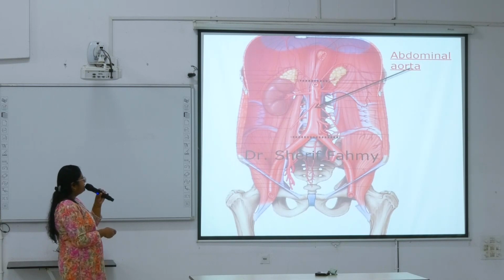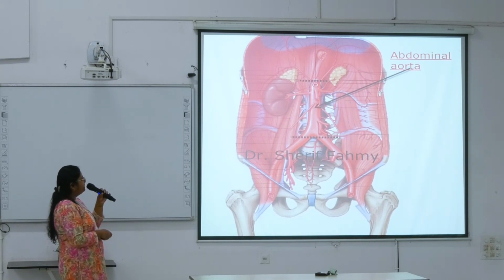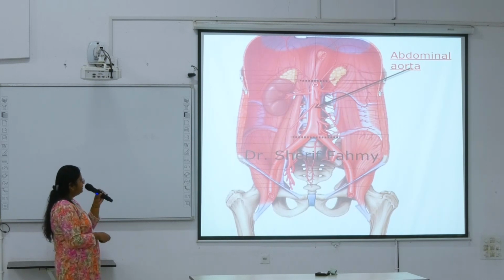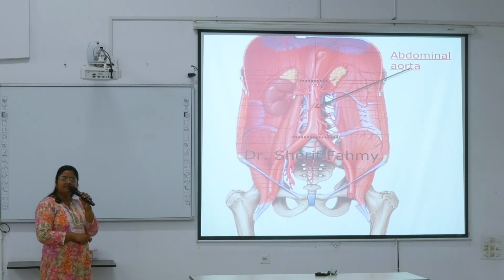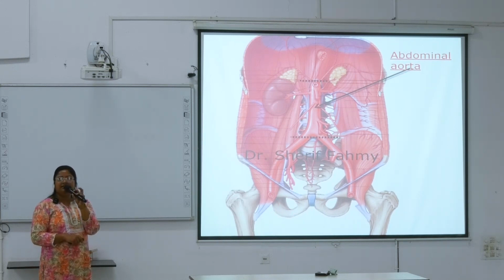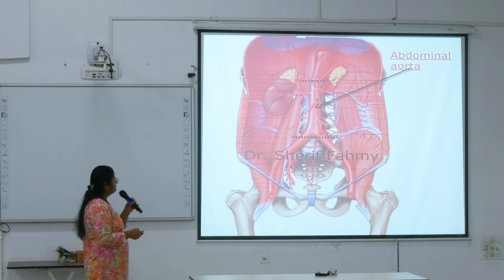These two common iliacs divide into external iliac and internal iliac. External iliac gives deep external pudendal and inferior epigastric, and this is the inguinal ligament. Below the inguinal ligament, from the mid inguinal point, it extends downward as the femoral artery. This external iliac continues downward in the lower extremity as the femoral artery. Then it becomes the popliteal artery, then divides into anterior and posterior tibial like this. Next.